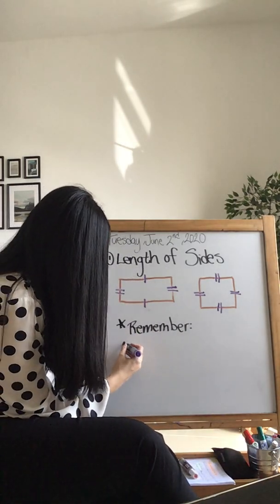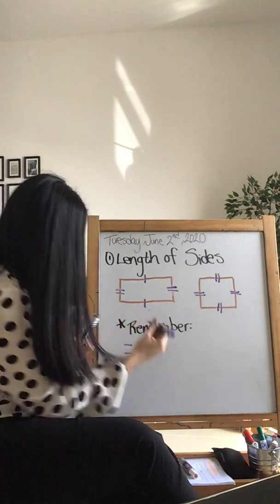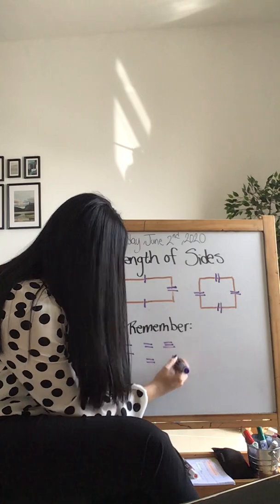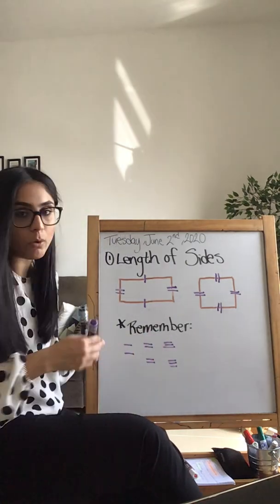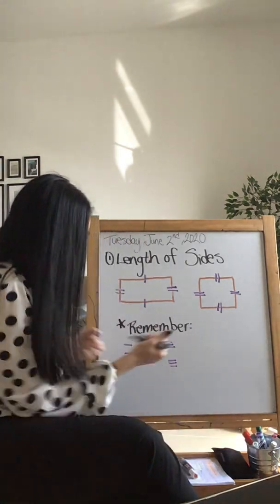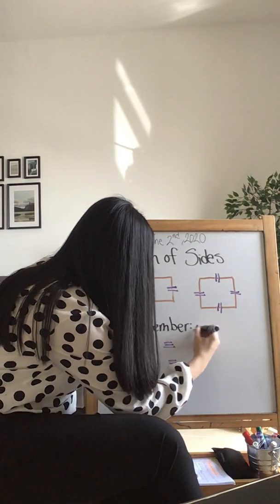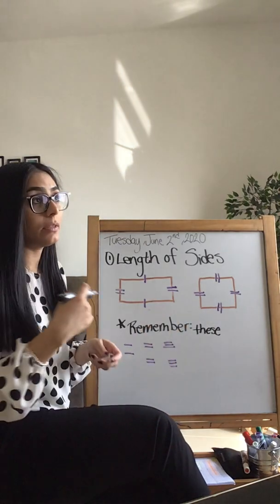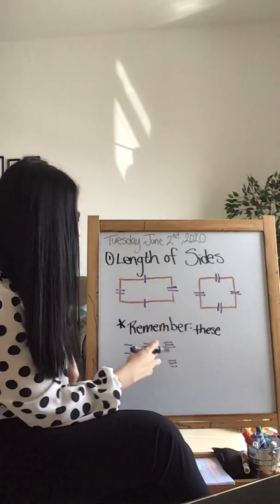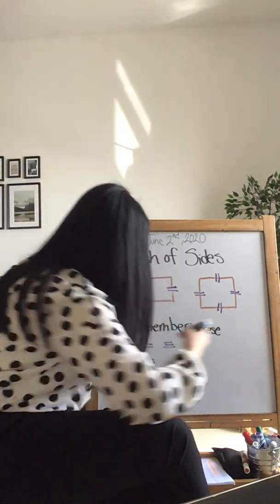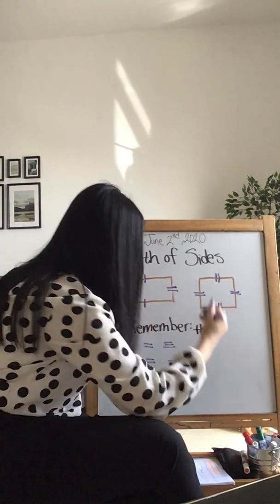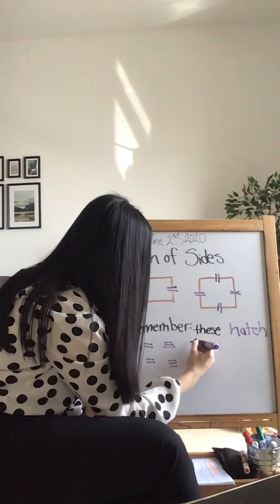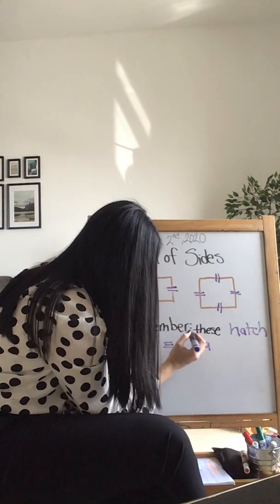So dashes like this, or dashes like that, or whatever form of symbol you're using, and the mathematical word for these is hatch marks. So I'm going to write that in a different color so they stand out. These hatch, H-A-T-C-H, marks